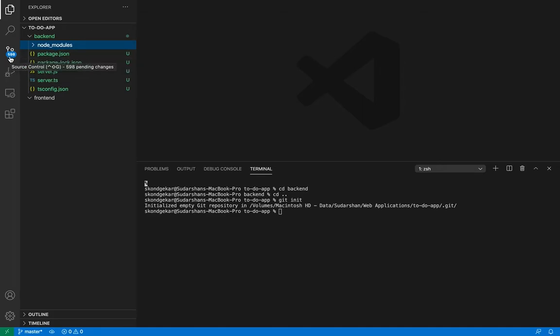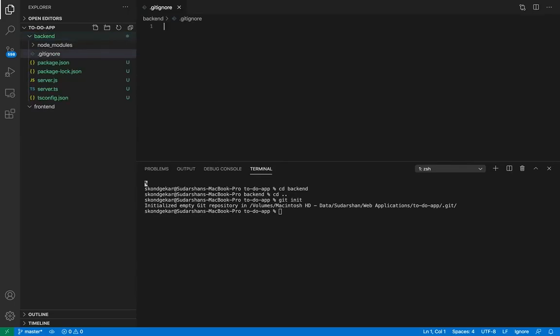So if I upload this project on, let's say, GitHub or Bitbucket, it will upload the node modules folder as well, but I don't want to upload node modules. For that I have to create one file over here, which will be .gitignore, and inside this file I will type node_modules.